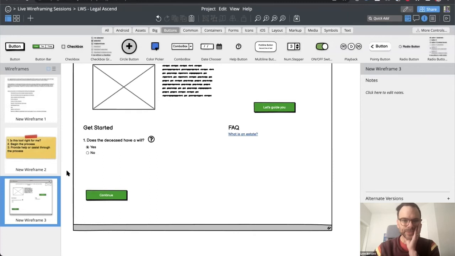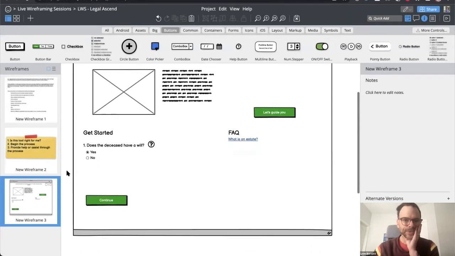So you're already providing some help, rather than just saying let's guide you, where before they click that, they don't even know what they need to know, or what they do or don't know. If you give them a sense for the types of questions that we'll be asking you, then they're like, oh, I have that. And they've already started before they really started.